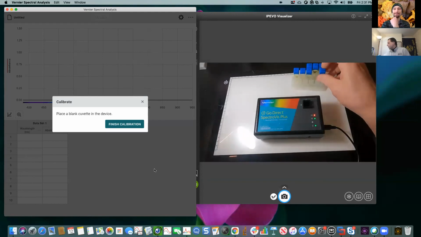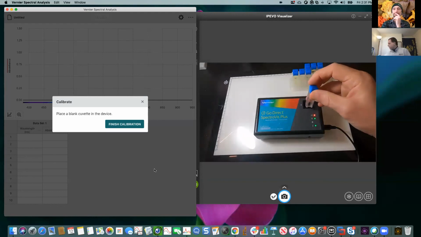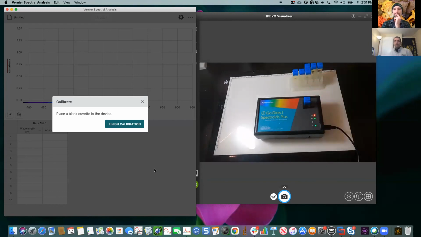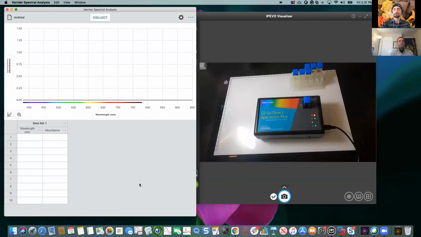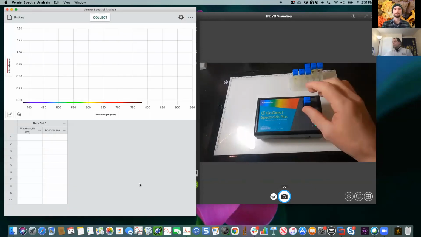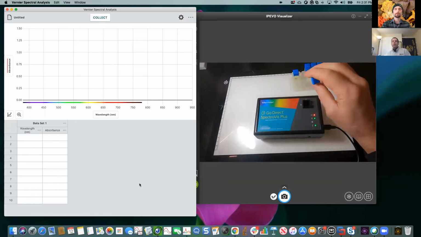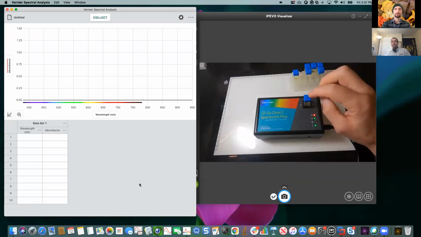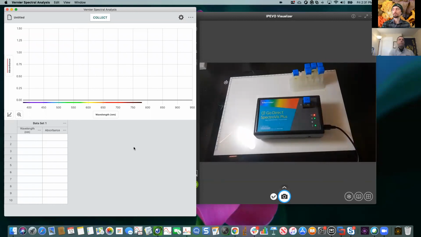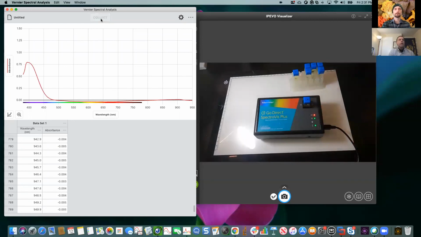So I'm going to take the blank. Here's the blank. I'm going to put that in here, and I'm just going to calibrate my spectrometer. Okay, great. And then let's take a look at this, a crimini or button mushroom. Put that in the spectrometer. Let's collect a spectrum. There we go. Stop.